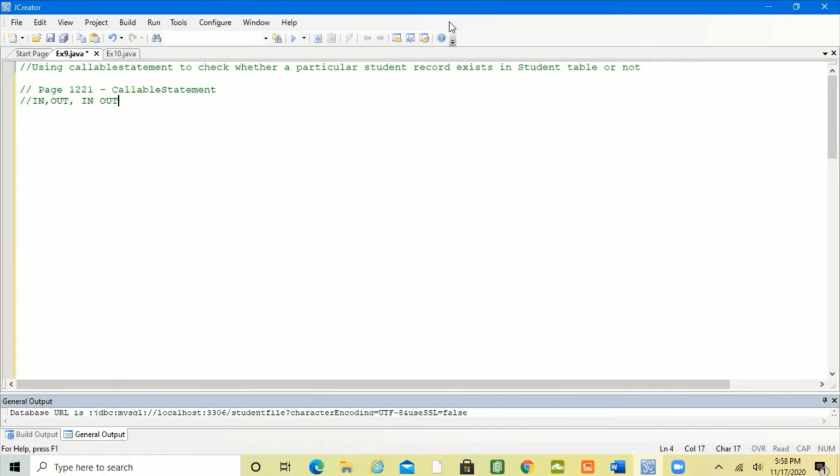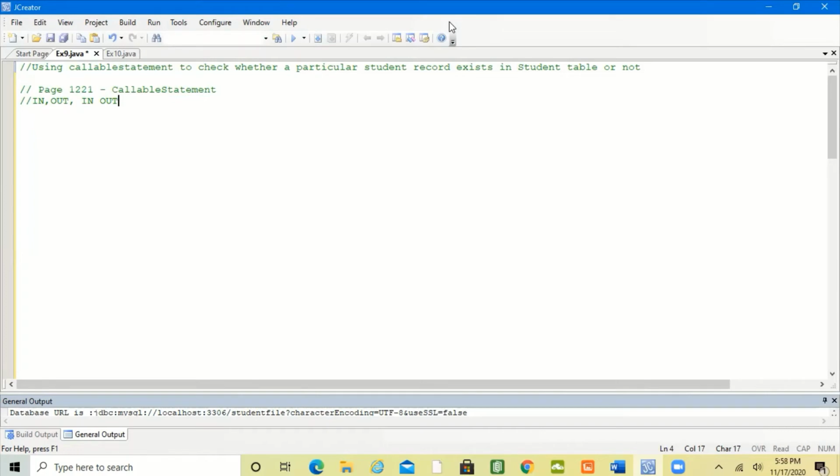The IN parameter receives a value when the procedure is called. The OUT parameter returns a value after the procedure finishes its execution. It doesn't contain any value when the procedure is called. When the procedure has completed its execution, the OUT parameter will have its value.